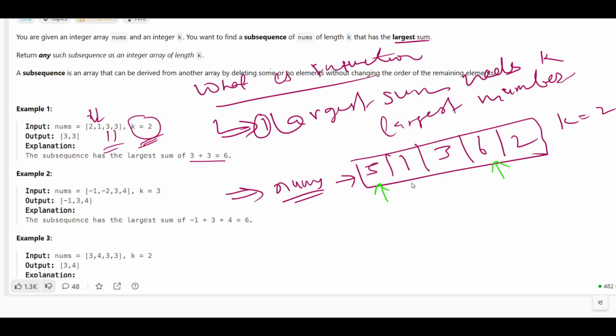But if you return 6 and 5, because you want the largest numbers from the array, it means you will return first 6 and then 5. If you take this as the 2 elements, then this is not allowed. It is not allowed because if you return 6 and 5, 6 comes